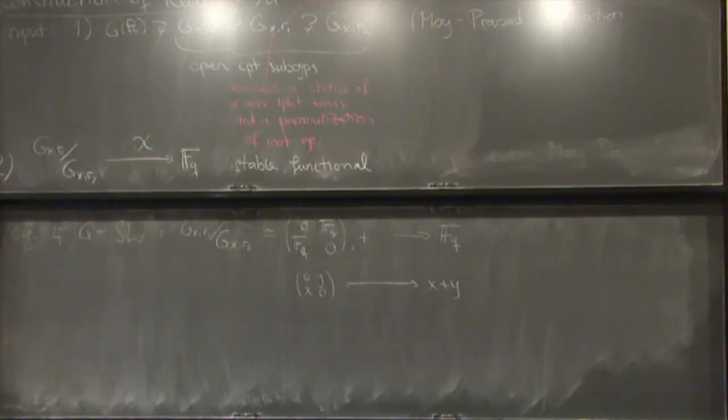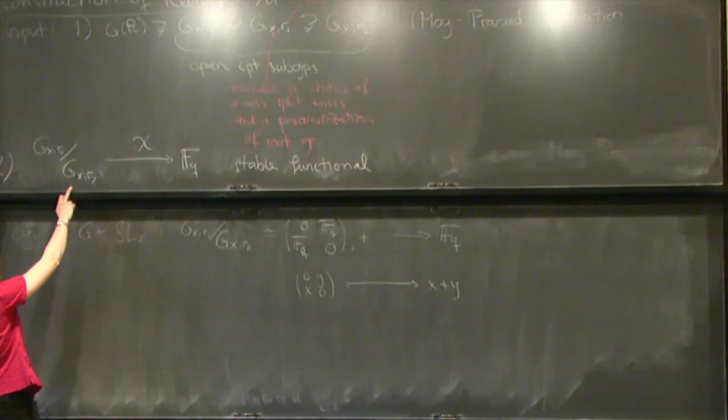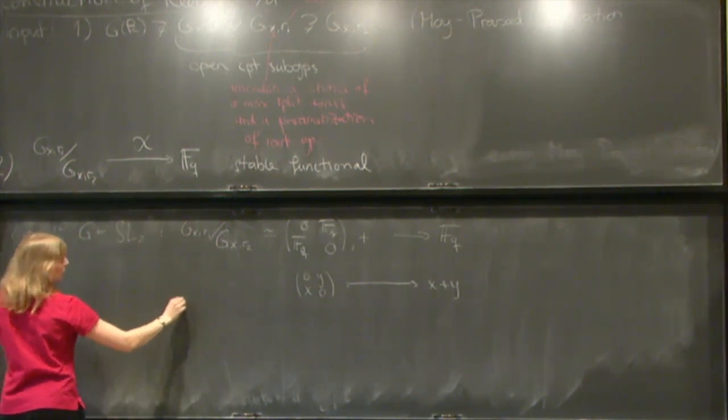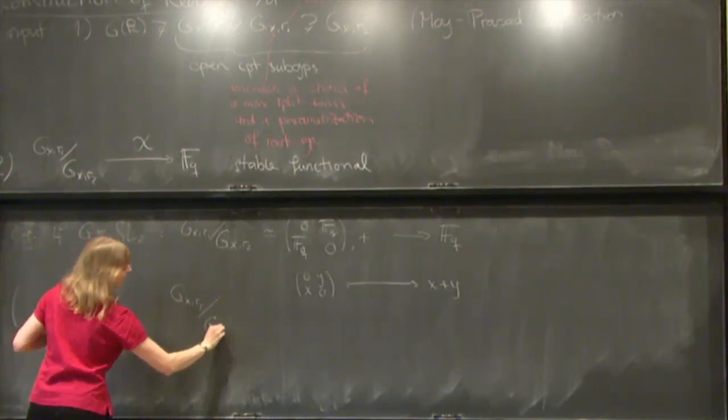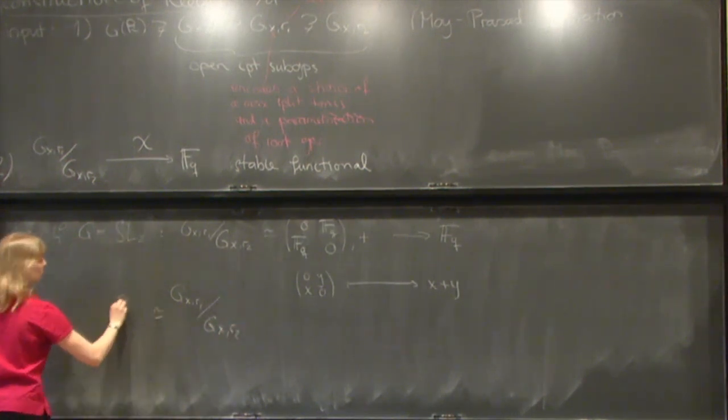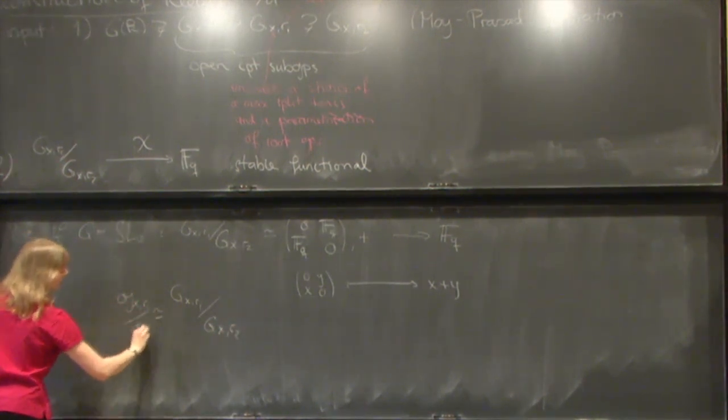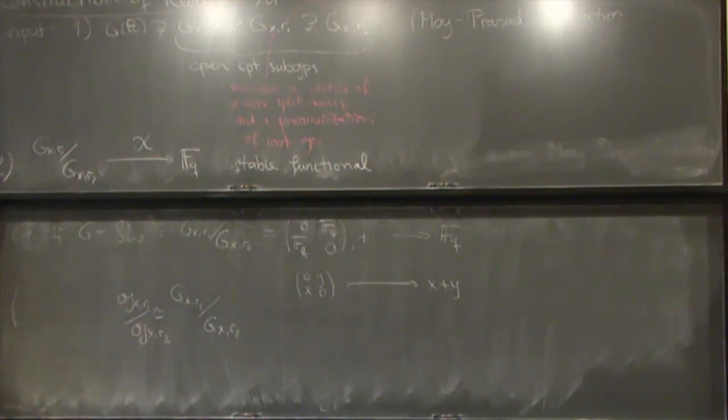And this actually corresponds in some sense to the good semi-simple elements. I've talked about good semi-simple elements that were used by JKU, and what Fintzen and Yu did is they singled out a stronger condition that actually works for all primes p. So let me maybe say as a remark for those who are interested in this, how does this correspond to a good semi-simple element? So it turns out that G_x,r1 mod G_x,r2 is actually isomorphic to a Lie algebra filtration that's constructed in the same way. And sorry, this is an abelian group, yes.